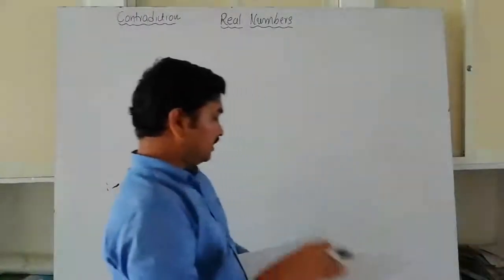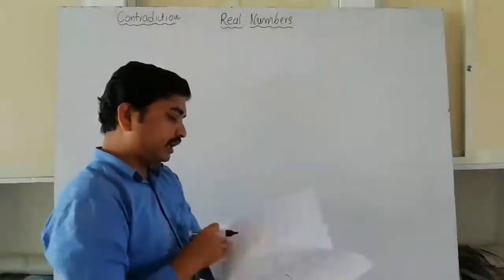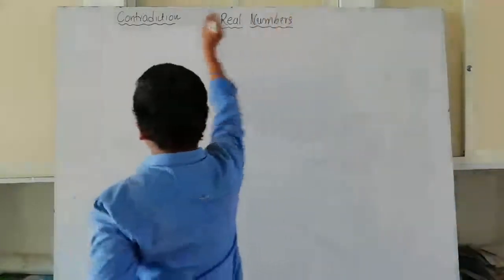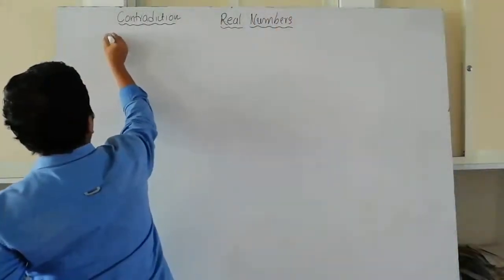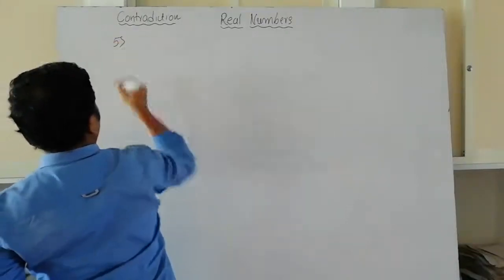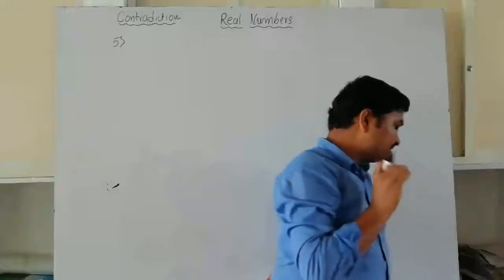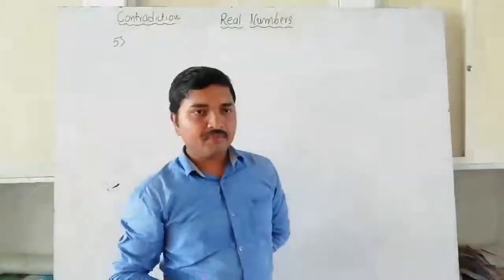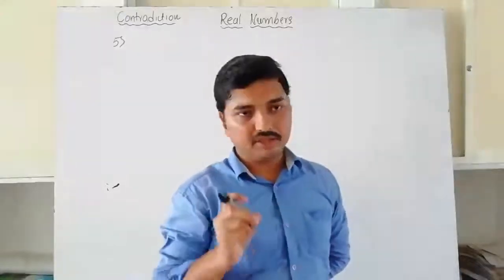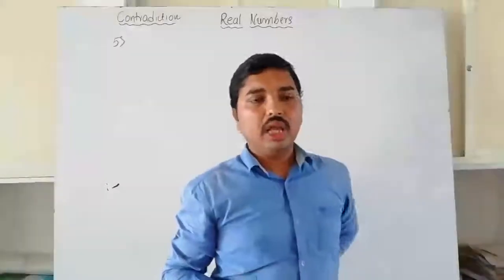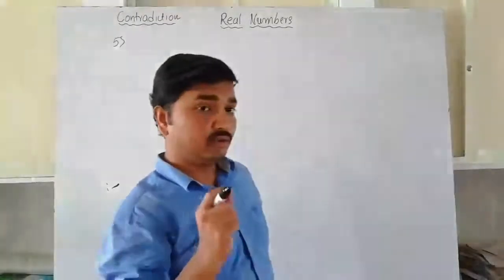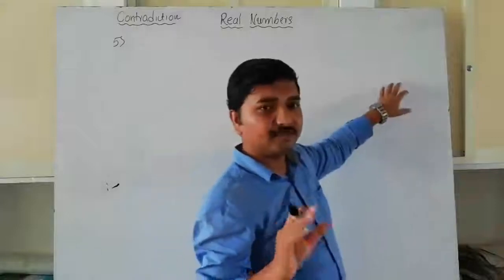So now look here. It is question number 5, I think. Question number 5 he has given like this: show that 6 plus root 2 is an irrational number, given that root 2 is irrational. That means root 2 is an irrational number, which is known to you. By using this, you need to prove that 6 plus root 2 is an irrational number. How will 6 plus root 2 look, actually?